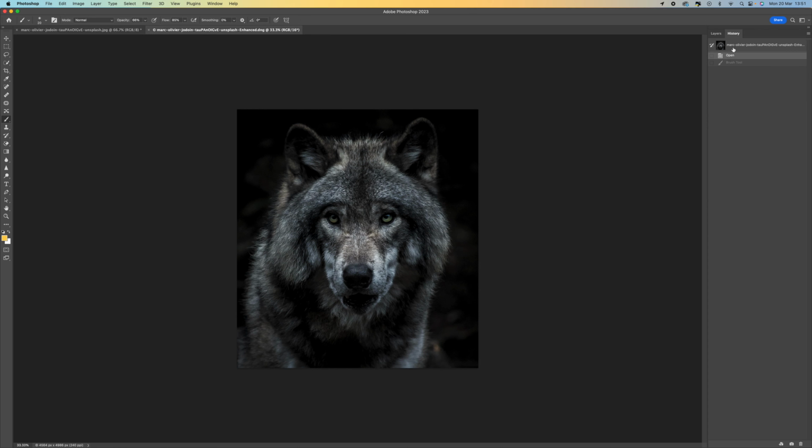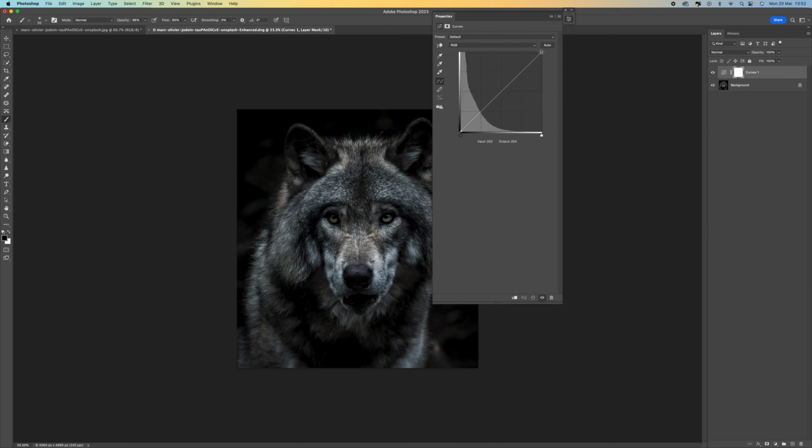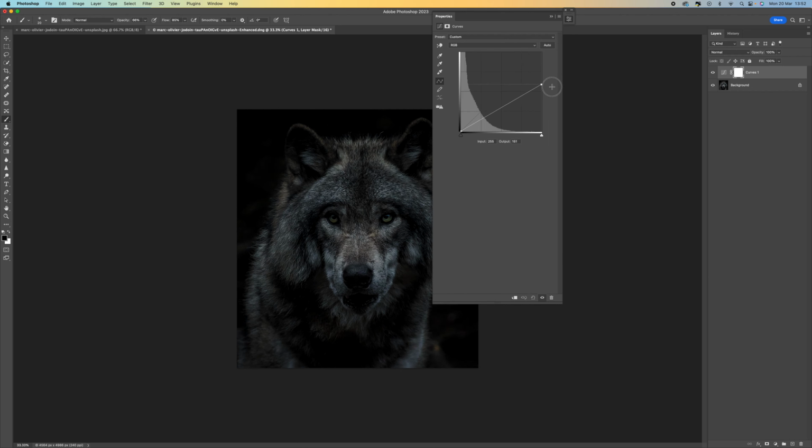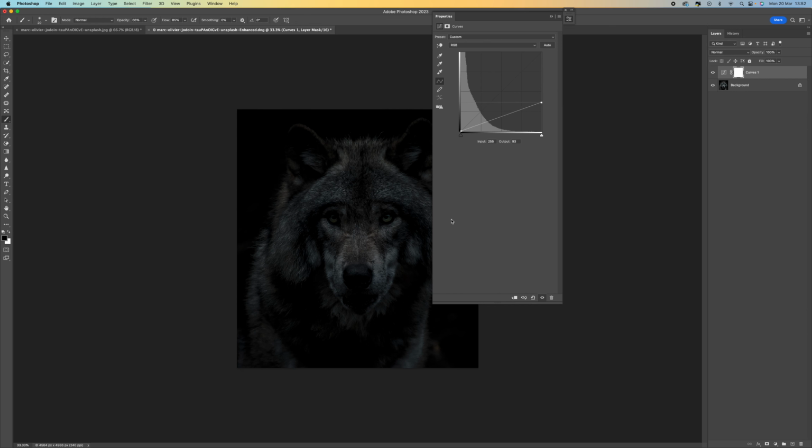So the first thing we want to do is come to our layers panel, and I'm just going to select a curves adjustment, and I'm going to come to the top here. I'm going to bring this right down, and what this is going to do is just darken our image for us. If you then come over to your brush, so just a normal brush,